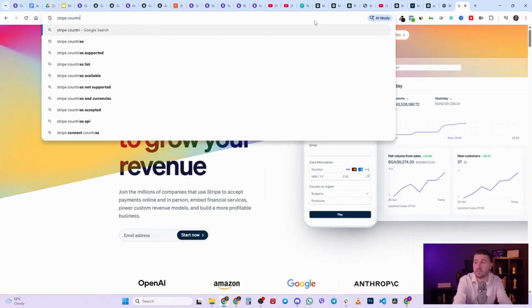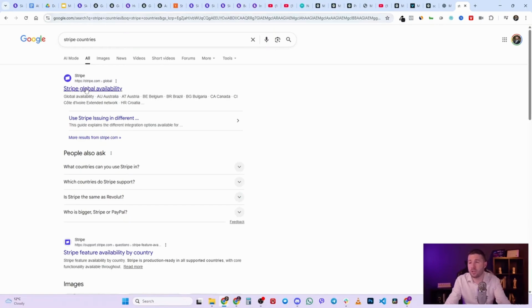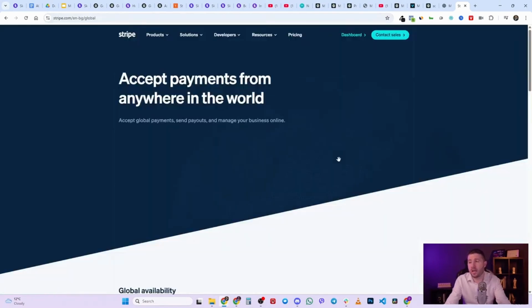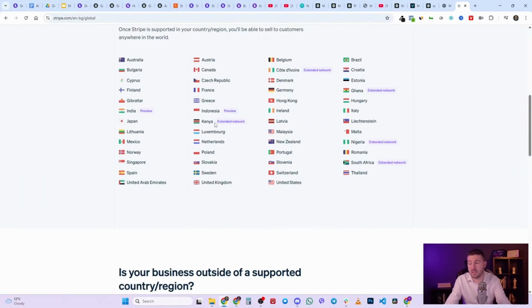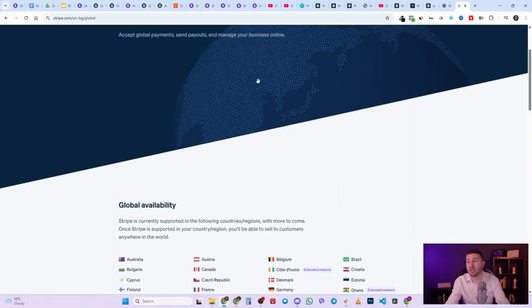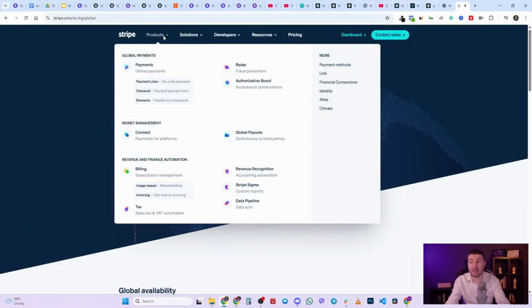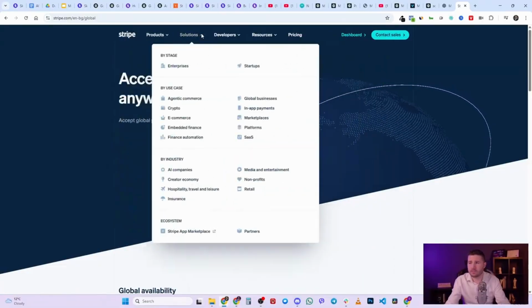If you type Stripe countries, you can check if you can use Stripe. And if you are in one of these countries, you can pretty much use it. If you are not, and also Bulgaria was not on that list for a long time, my best recommendation is to use Stripe Atlas. You will find it somewhere on the